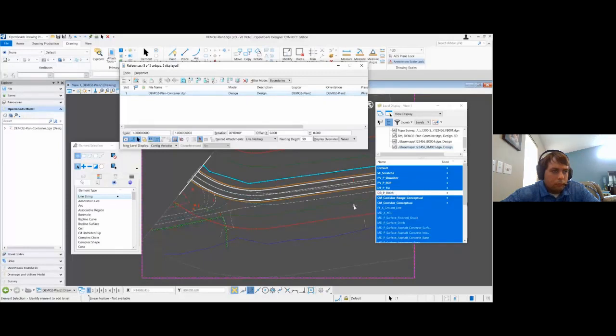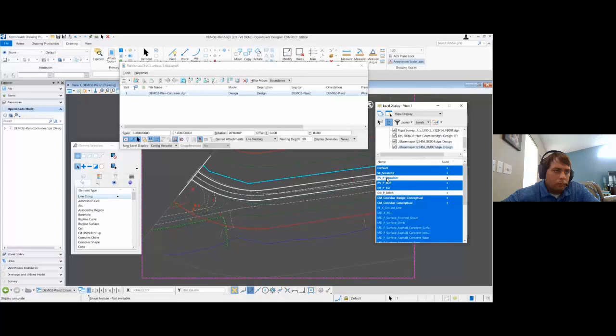But there is one caveat to this. I can't individually control turning on a level, but I can individually control turning off a level. And that's what I was trying to show with that shoulder. Basically because the global display is technically on for a level like shoulder. But if I come into the view display in a given individual drawing model, I can turn that off, save settings, and the view display will hold. But I can't do the opposite, because you see, once the global display turns it off, I can't turn it on in the view display.